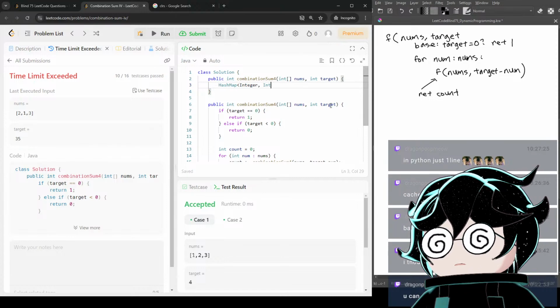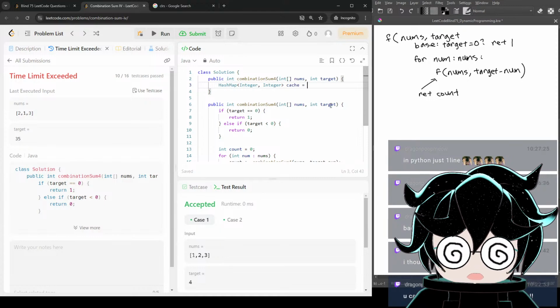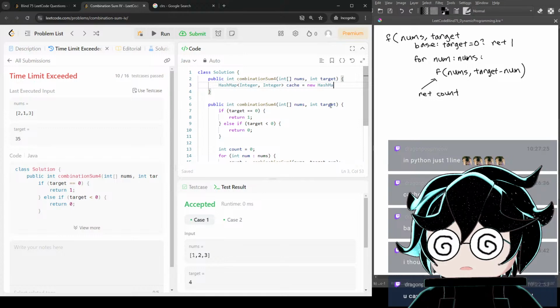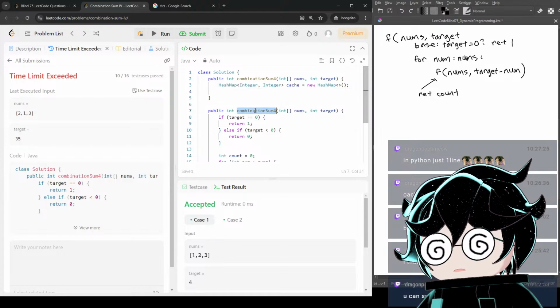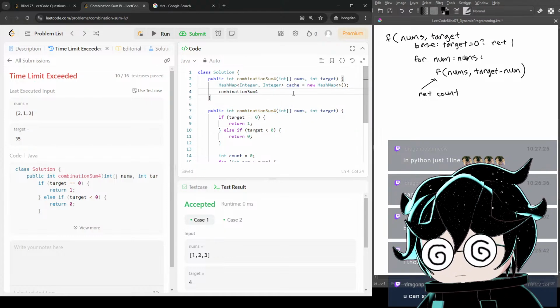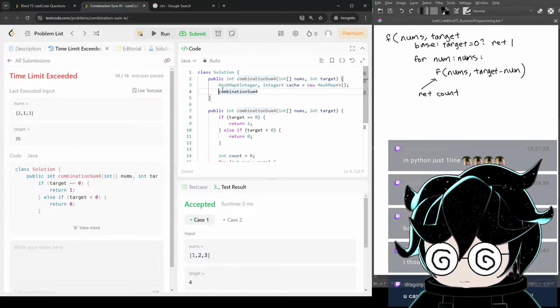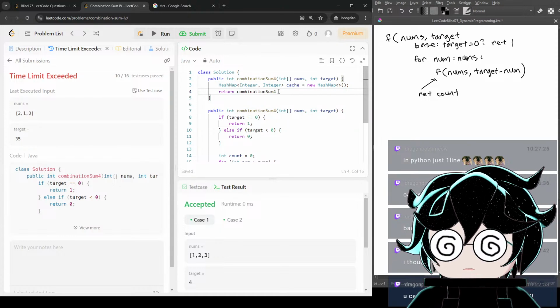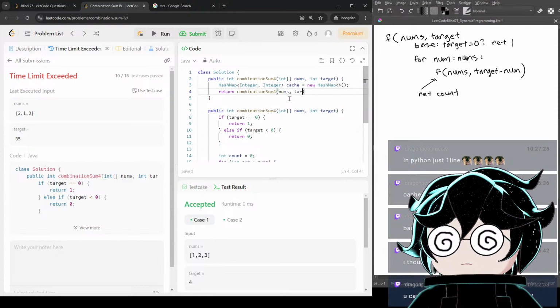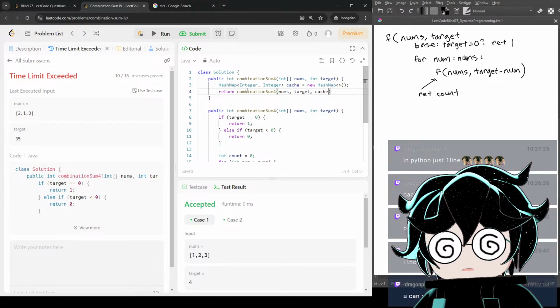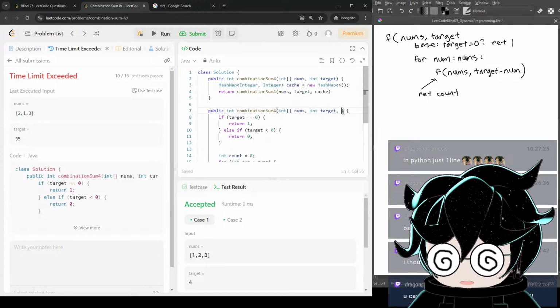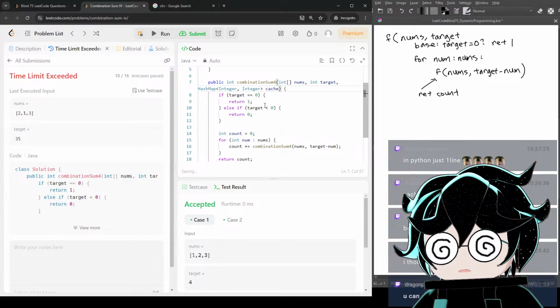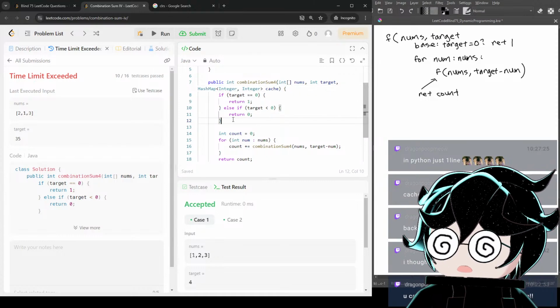Integer, cache is equal to new hash map. And then we insert it into our helper function. Return this with nums, target, and cache. We also need to insert our cache into the parameters here in the helper function. And then we need to cache